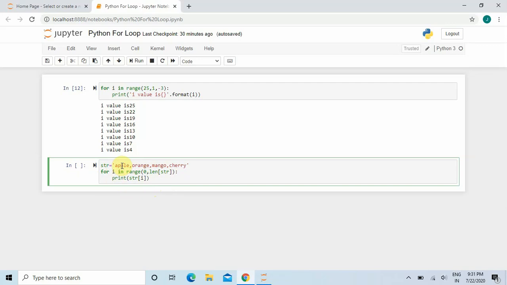So it will again print the letter P. So this is actually the working of this for loop.